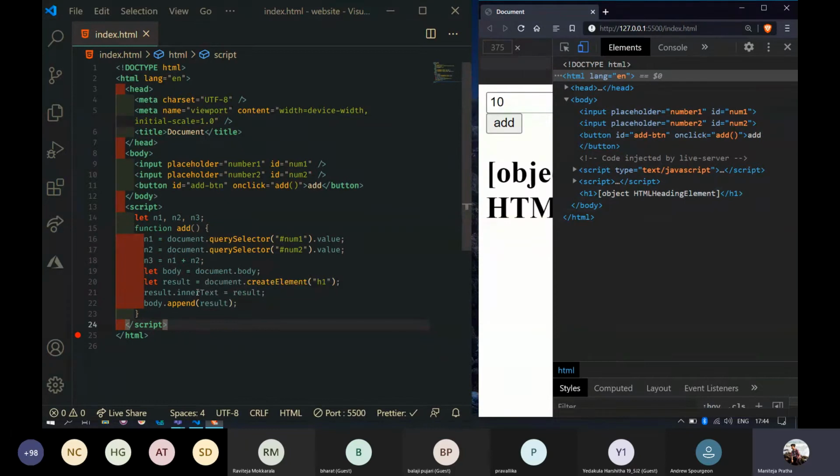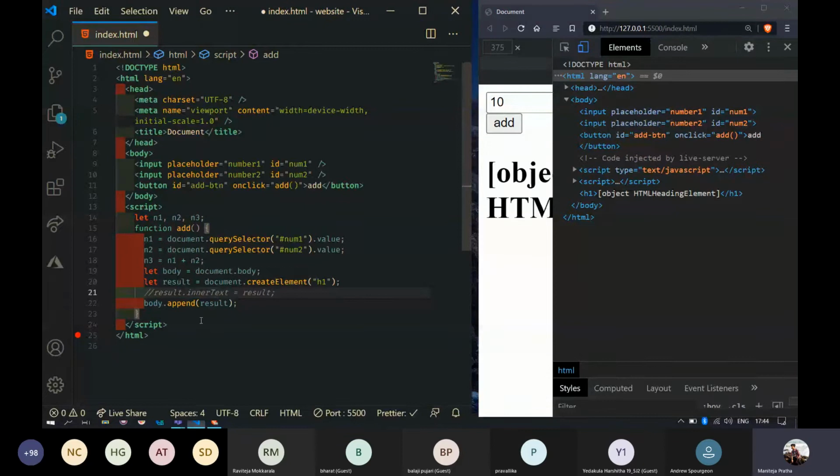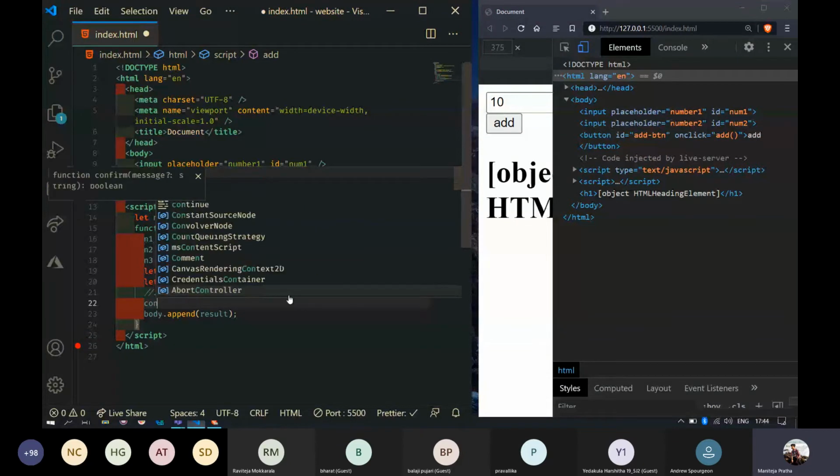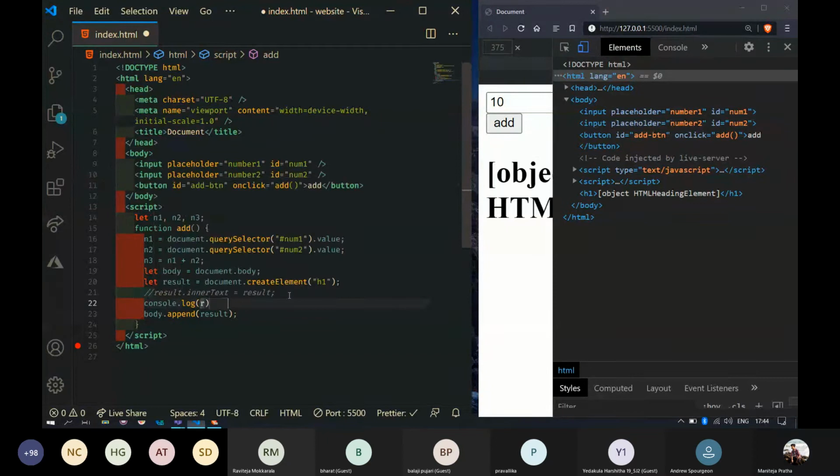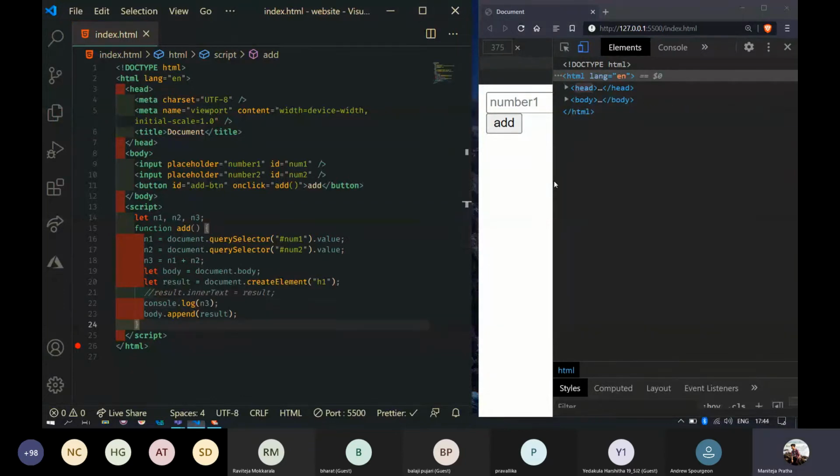So let's do one thing. Before doing anything, let's just check whether it's working or not. So console.log n3, right? Okay. So let's move on to the console.